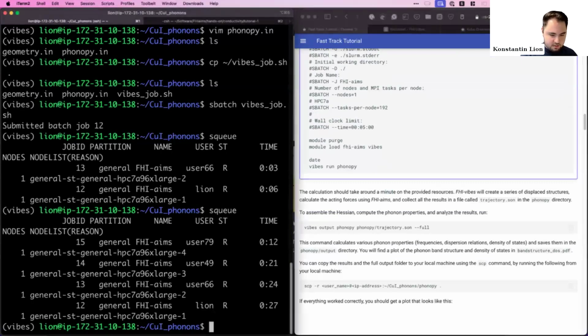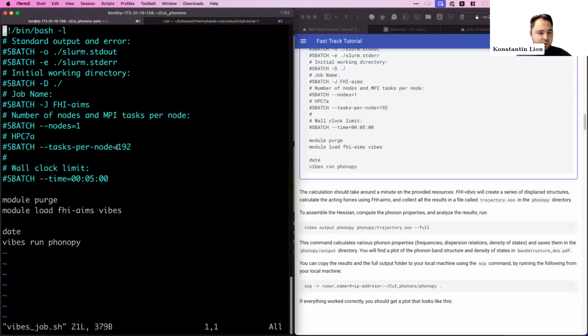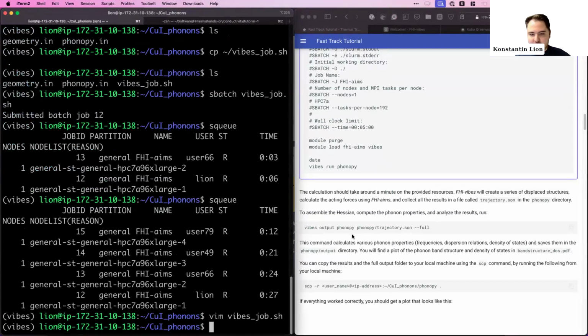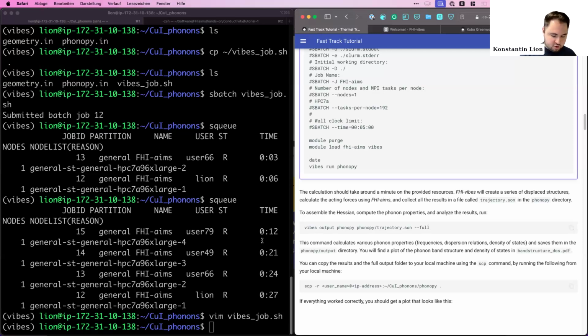If you just want to have some details, this is really a node with 192 cores. So this is already quite a powerful machine here. It's an AMD machine, just so you keep this in mind. And the reason why it takes so long is, of course, now we're running supercell calculations and so on and so forth. So let's check again